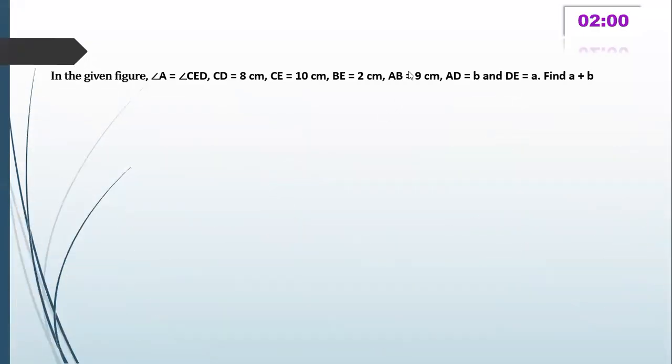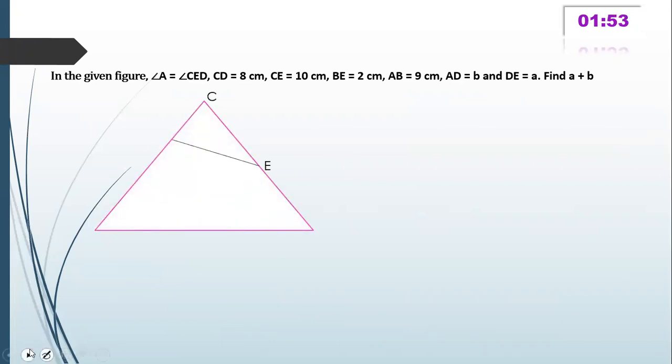So try this problem. Your time starts now for 2 minutes and the timer is already given, as you can see. Your time starts now and the figure is this given. This is the figure given. Your time starts now and the timer already started. See, Manish, the median is not given, but you can find the length of the median by Apollonius theorem. Some problems will be included. You can automatically understand what is actually Apollonius theorem's usage. So let me restart the timer.